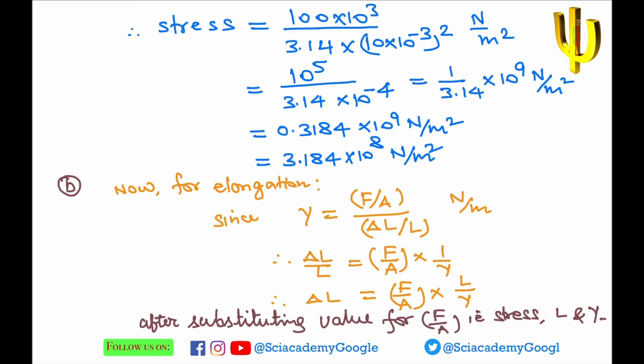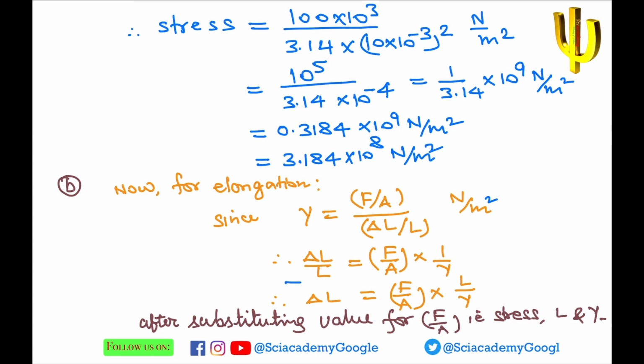Now we will calculate the elongation in the steel rod. Since we know that Young's modulus is given as the ratio of stress to the strain, here strain is the longitudinal strain and stress is the longitudinal stress. So Young's modulus, this Newton per meter square. Okay, so delta L by L